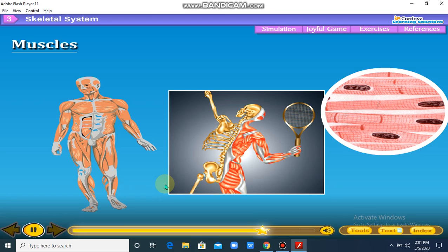Muscles work by pulling the bones. They cannot push the bones, so at least two separate muscles are required to move a bone. For example, two muscles called biceps and triceps move our arm up and down. They work in pairs by repeated contraction and expansion. When you pull your arm, biceps contract and become shorter and pull the arm. When you lower your arm, the triceps contract and become shorter to lower the arm.